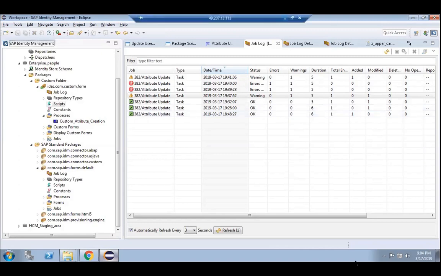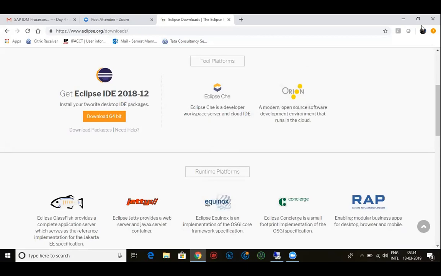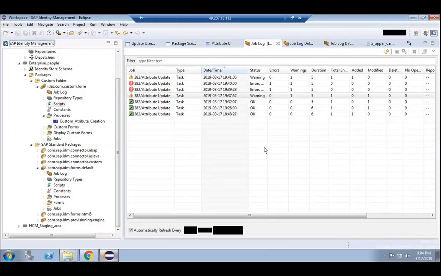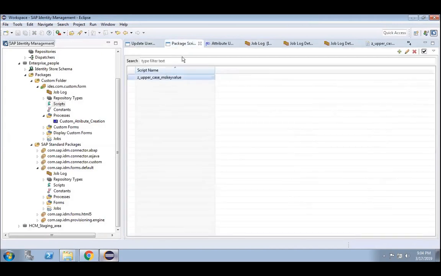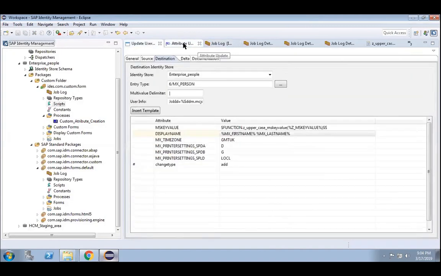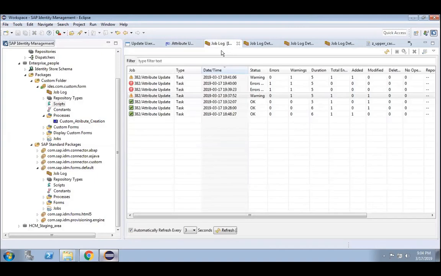Okay, this is fine. If I want to create 1,000 users in one shot? Yes, but not through this. I will be doing that after discussing the job. Today I discussed only one action task, only one process. Tomorrow also process and job, because I will discuss more passes in the job.